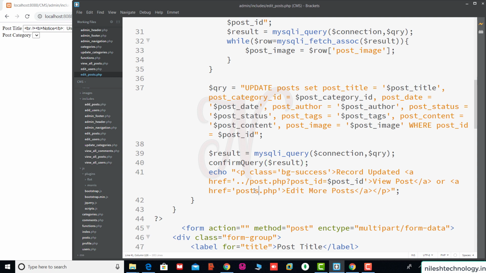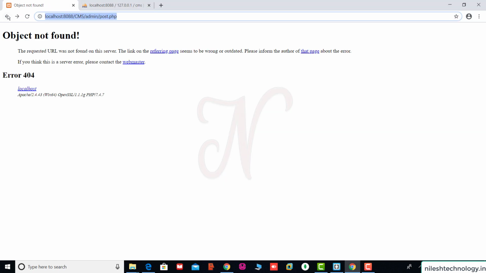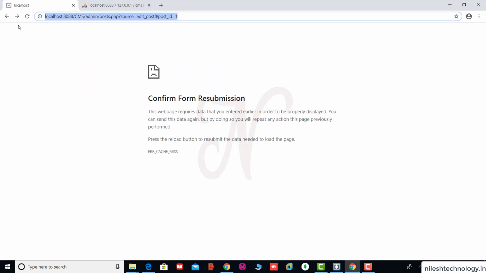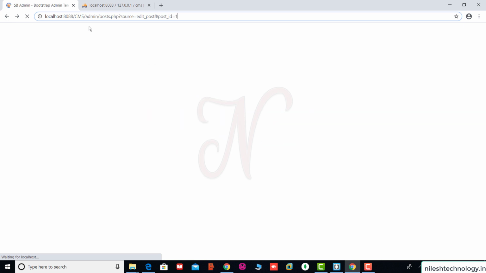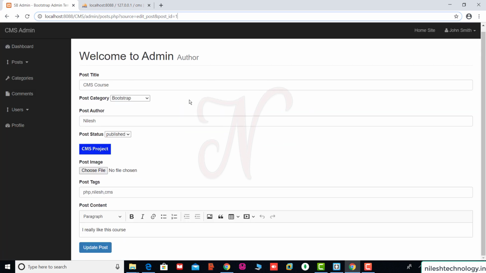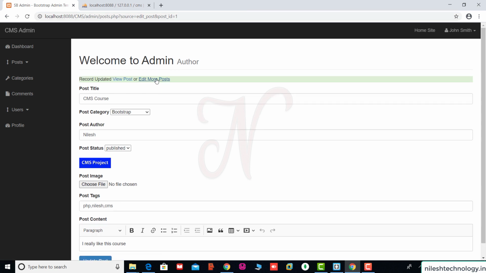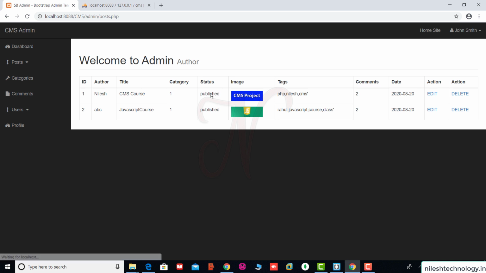Okay, save these changes. So again, click on this update post button, edit more post. Okay, so this is again the post.php file.